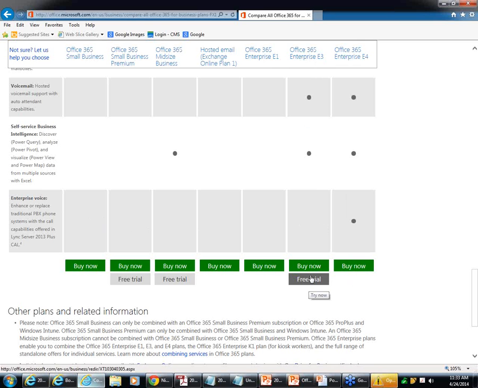Now, my recommendation to you to practice with Office 365 will be to get the free trial of Office E3, because that is the highest version of Office 365 that is available for the free trial. And they won't ask for a credit card, so you don't have to worry about any charges or anything like that.